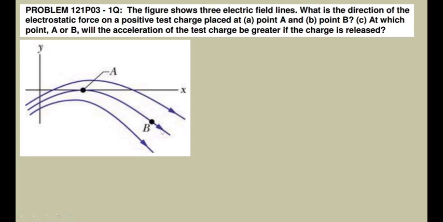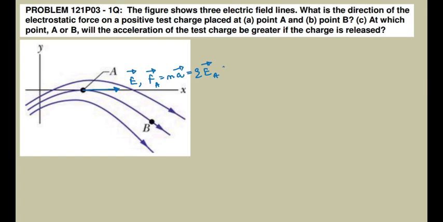Here you can see there is one example. There is a point A and this is the electric field line they are showing, and they are asking first, what is the direction of electrostatic force at that point? If I check the direction of electrostatic force, I will draw a tangent here. So this is the electric field at point A, and the force acting at point A is equal to mass times acceleration, which is equal to Q into E at point A, right?